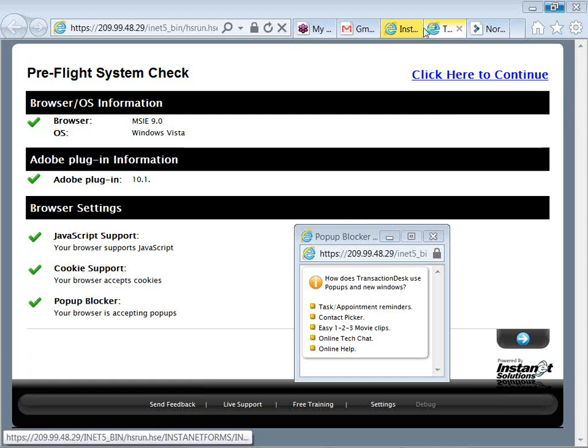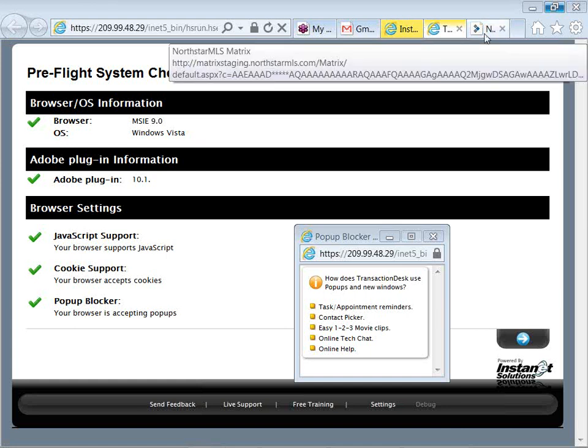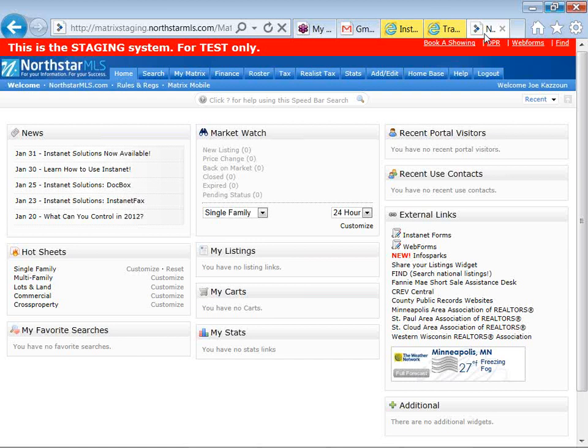And don't get too into this page quite yet, because I want to tab over to the NorthstarMLS account. Hopefully a view that is very familiar to you, your MLS account. NorthstarMLS is providing you with this member benefit, and we'll first see within the external links the link InstanetForms access